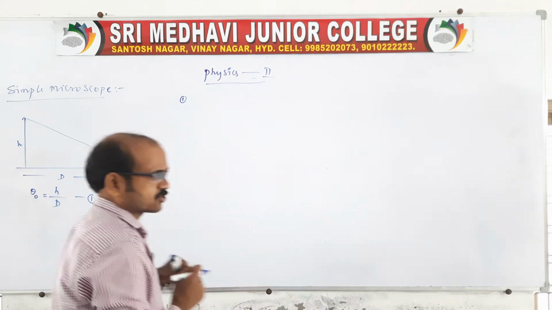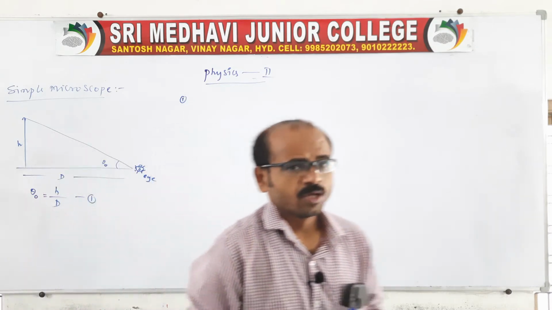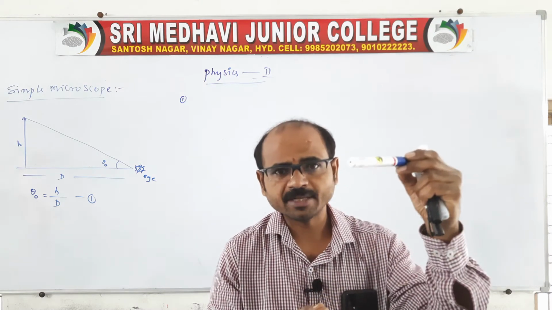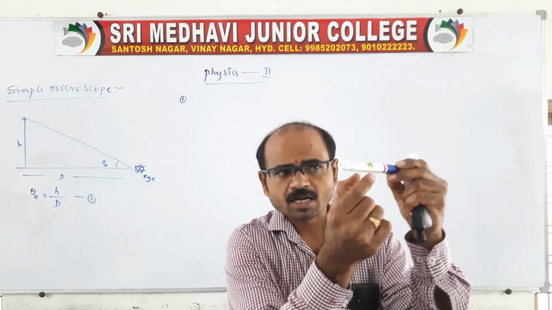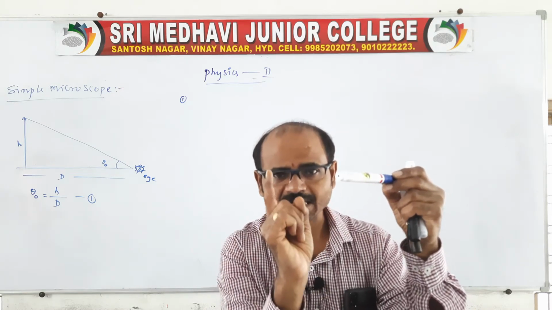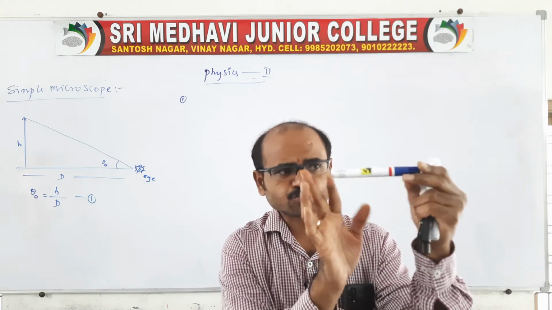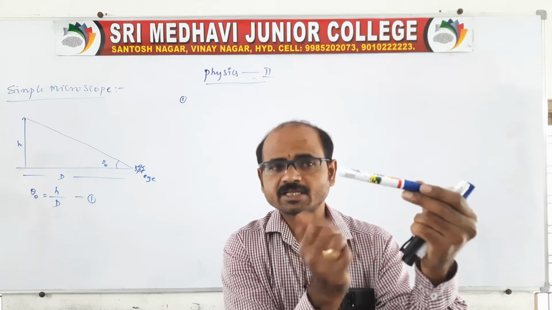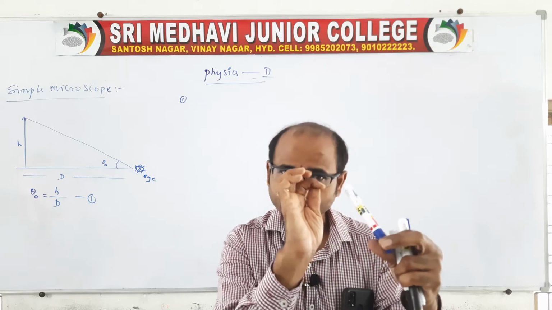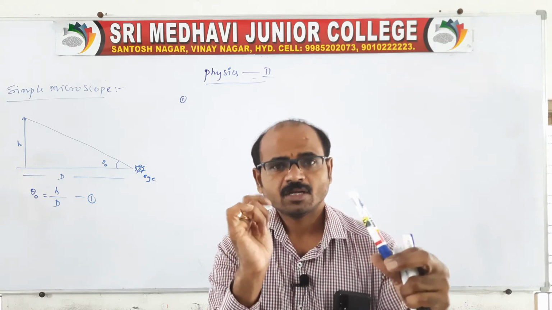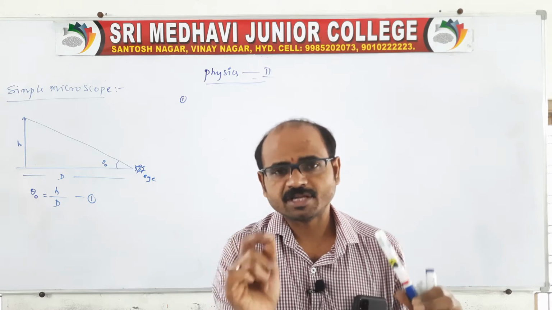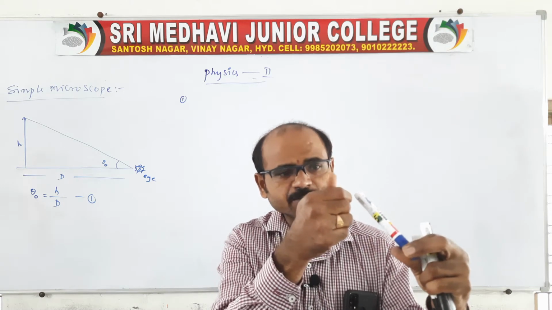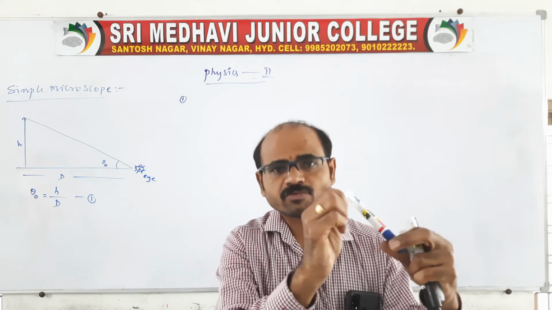It actually consists of one lens which is fitted in a tube. The tube is like a pen. One convex lens is fitted in the tube, and this tube can be rotated on the base. So there will be a base, and therefore it can be rotated. We can also adjust the lens by using the rack and pin. There will be a pin on the tube, and if you rotate the pin, the lens moves up or down according to our rotation.